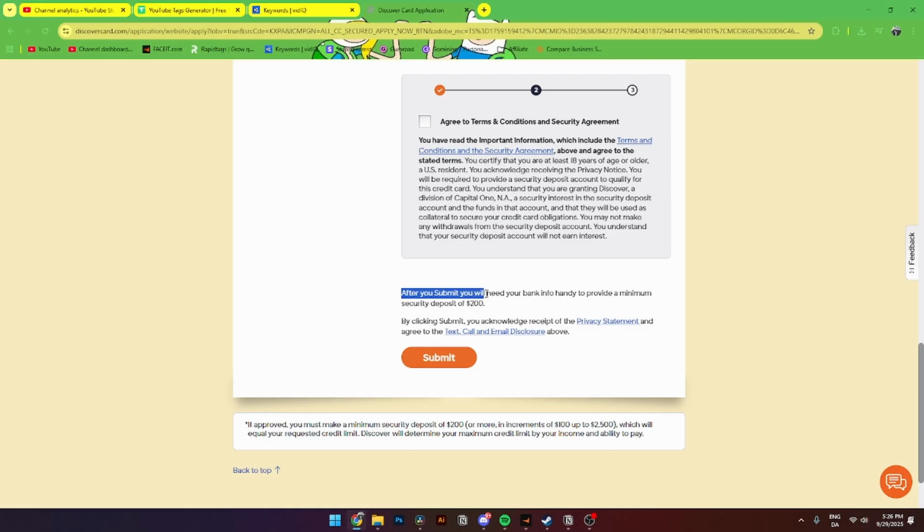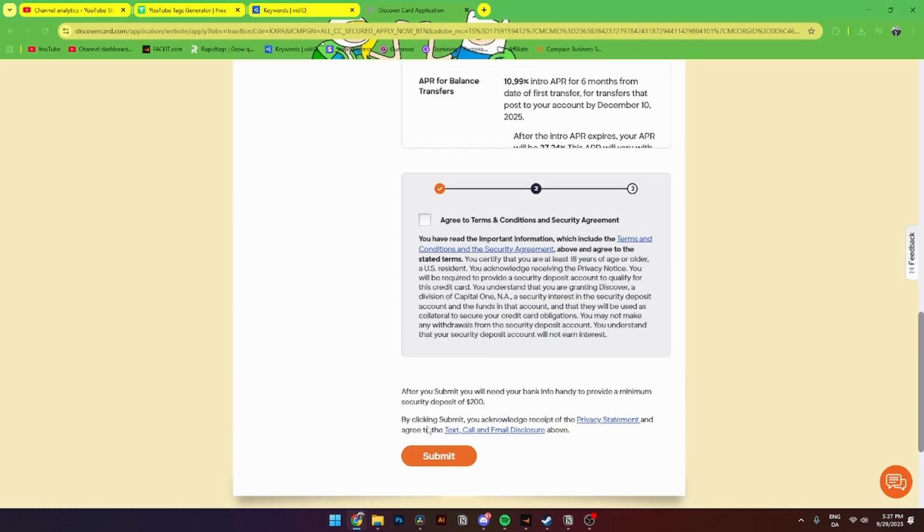You'll also need to be aware that you'll need to have $200 inside of your bank account before you can apply. Once you click Submit, you'll get a page where you can upload your credit score, and then you'll be able to fully submit the application for this Discover it